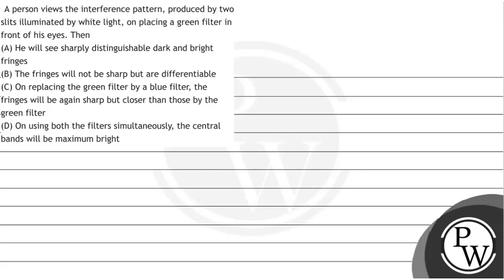लो बच्चों, let's see the question. Question given है कि a person views the interference pattern produced by two slits illuminated by white light. When placing a green filter in front of his eyes, then what will happen? Right? Now, इस क्वेश्चन में हमारा जो कॉन्सेप्ट होगा